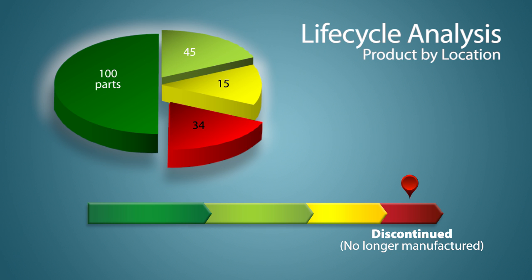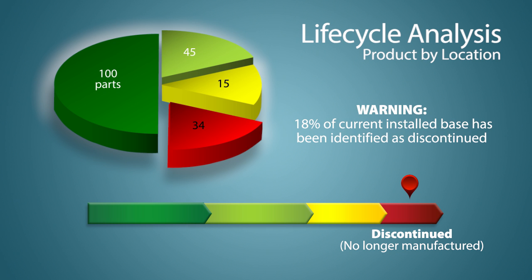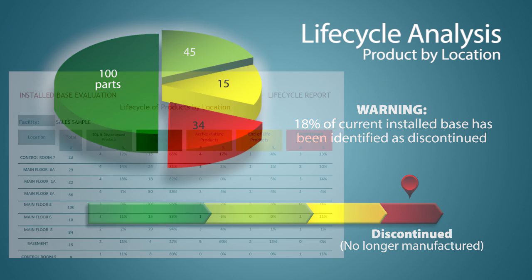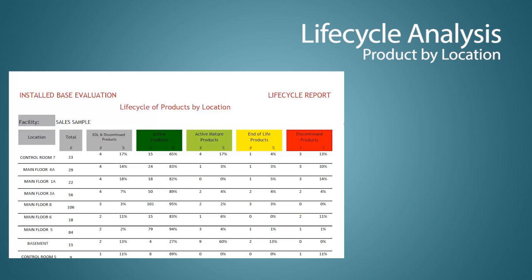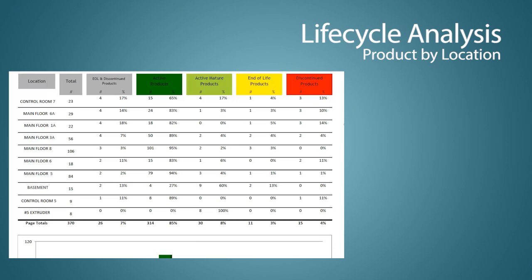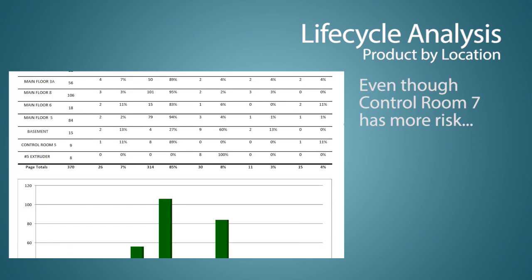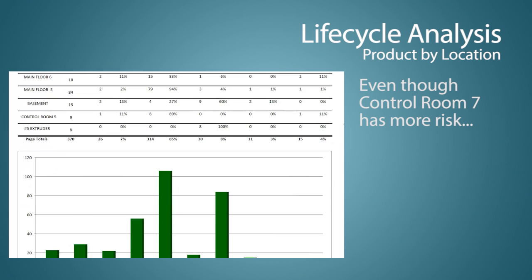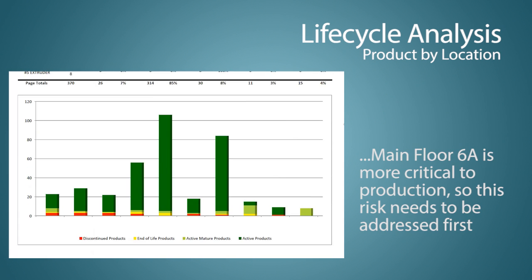Our analysts have identified 34 parts, or 18%, of this customer's installed base as being discontinued. Our product by location report identifies which locations and machines have the highest level of end-of-life and discontinued products. In this example, Control Room 7 has the highest risk, but our customer knows that main floor 6A is more critical to production. Now they will make sure that they have enough spares to cover the machines on main floor